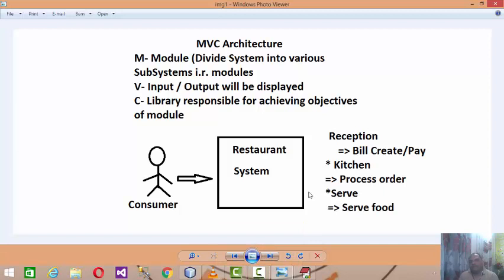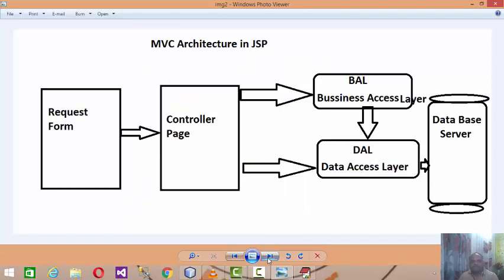So now, after understanding MVC architecture and its utilities, why do we need this MVC architecture? Because it will reduce the code complexity. At the same time, the code becomes organized. At the same time, it will even reduce the processing time because everything is disintegrated. The BAL section is responsible for entire data processing, and the DAL section deals with the database. And so the controller page will not become heavyweight.